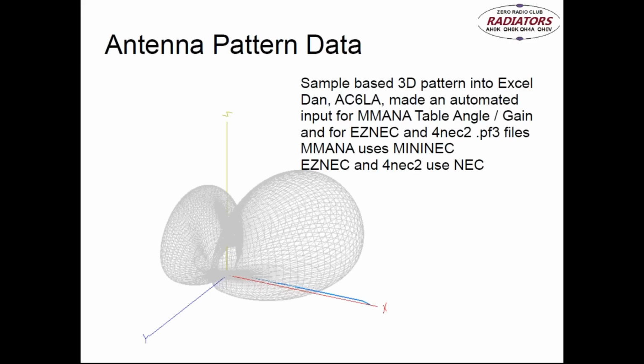So, going ahead with the antenna pattern data. Antenna simulators like ESNEC, MMANA, or 4NEC2 produce a sample-based 3D pattern, and we can input that into Excel. I happened to bump into Dan AC6LA, who made an automated input for the MMANA table of angle and gain. Then he made that for ESNEC, and just a couple of days ago he got the 4NEC2 code done, so that we can also input the 4NEC2.pf3 files into the